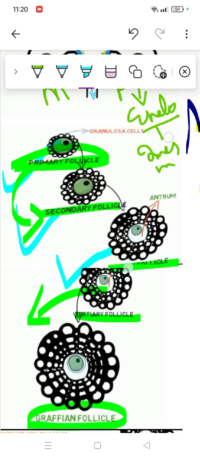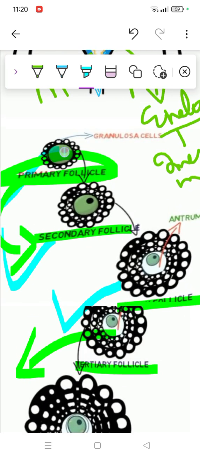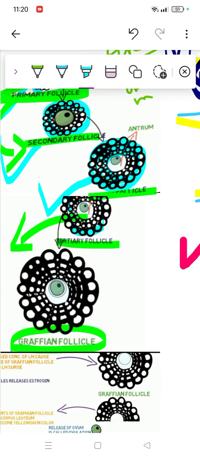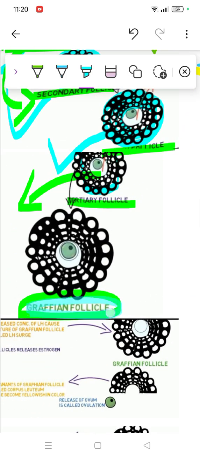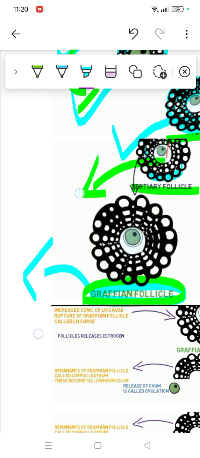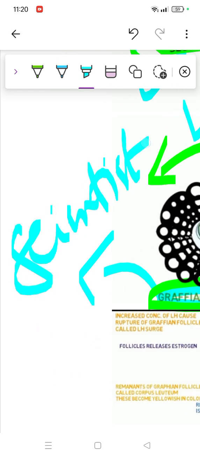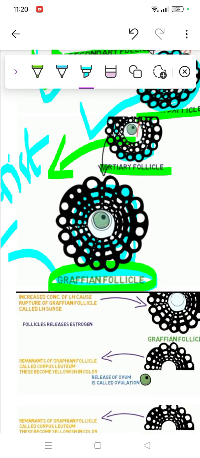And you might be noticing this is the ovule in the middle, and near that we have follicles. Follicle size keeps increasing as the number increases, here also, and here as well. The Graafian follicle was simply a name given by a scientist. So I'm sure it will be clear here. And the sperm gets separated.